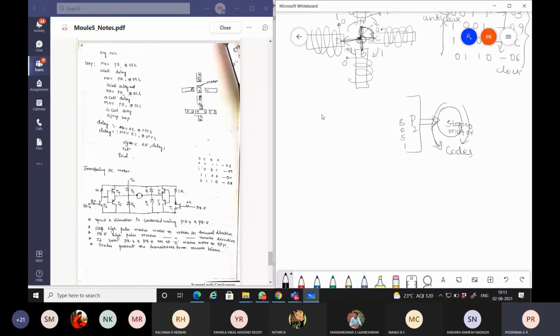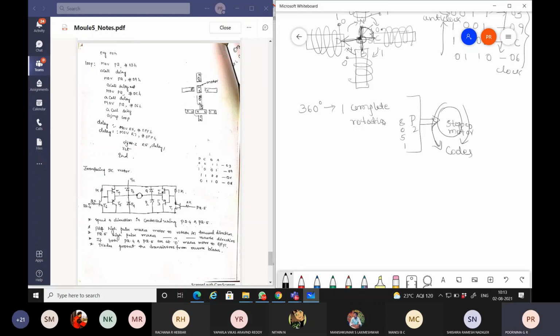And one more point you have to remember for stepper motor interfacing is that the stepper motor can rotate or cover 360 degrees. So one complete rotation is 360 degrees.